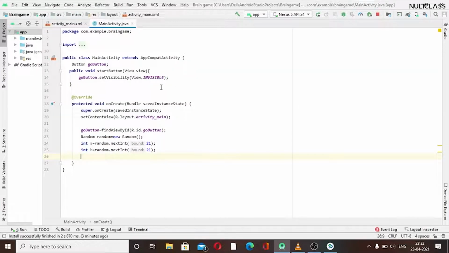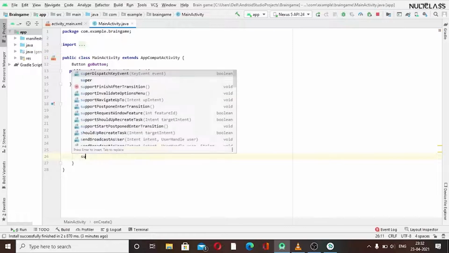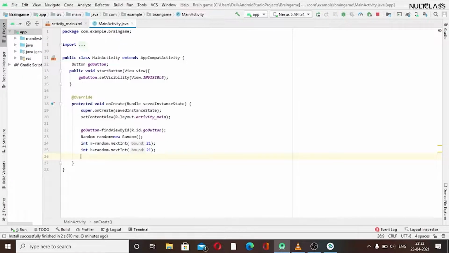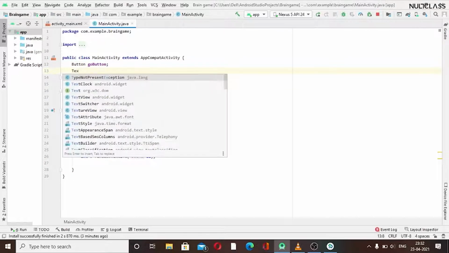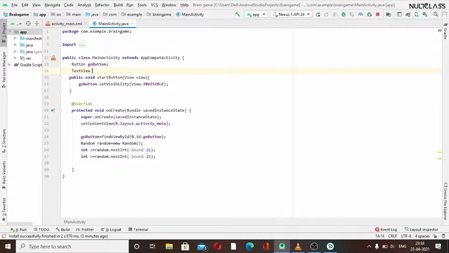So firstly we have to use that sum text here. TextView, and then we will write sumText, and now here we can use that sumText, and on sumText we will set the text here.